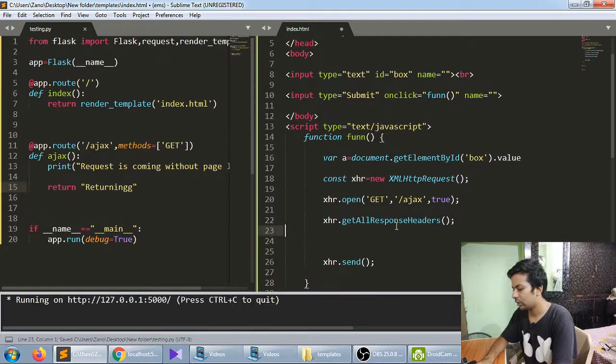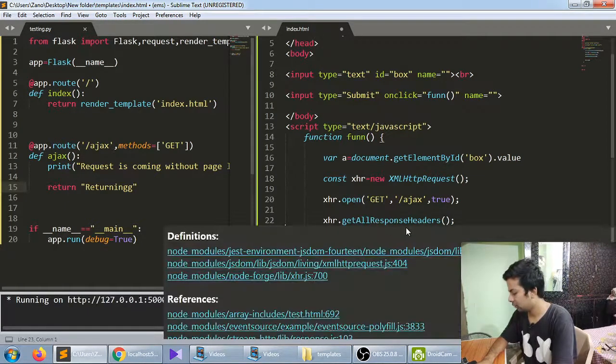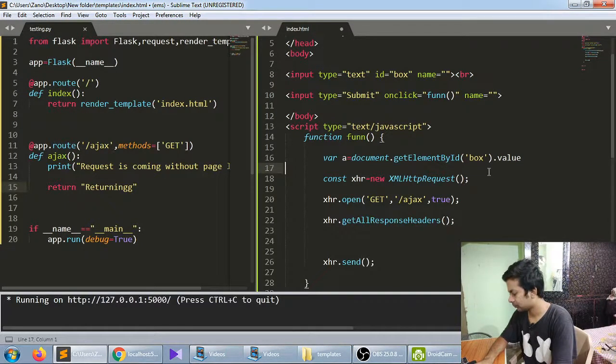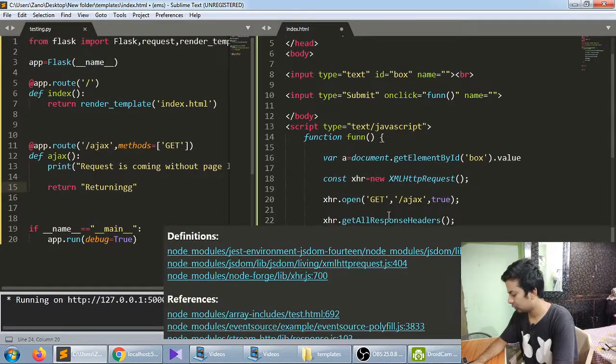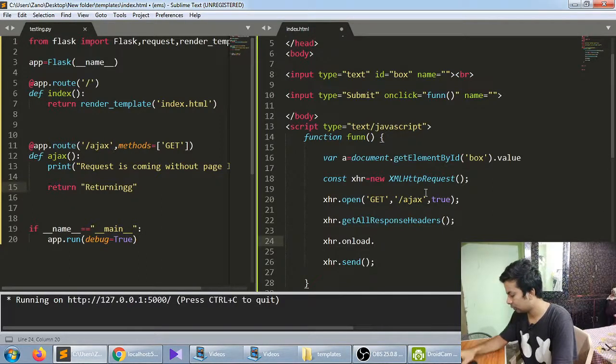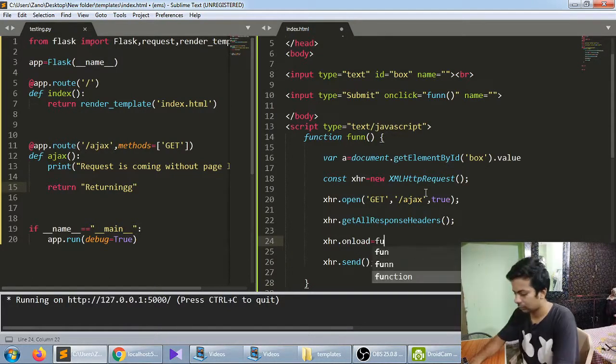And as soon as, here what we'll do, xhr.onload is equal to, I'm telling you what I'm doing, just let me write it.